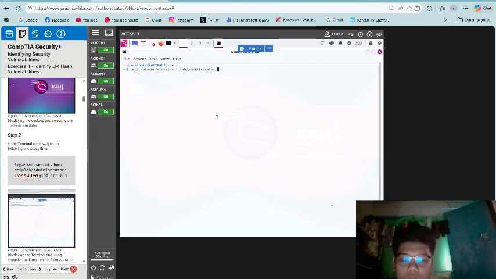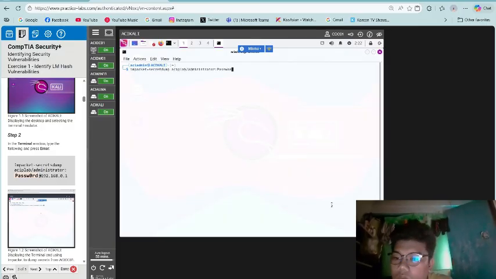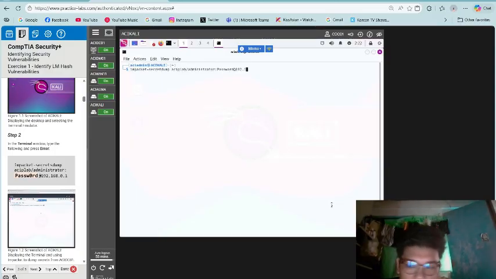No, my password space password at 192.168.0.1. Then hit enter.